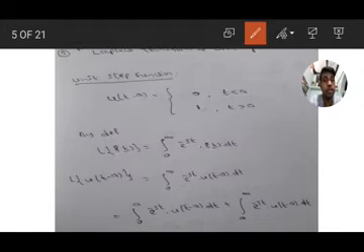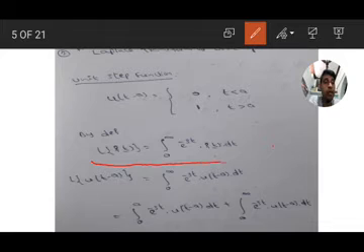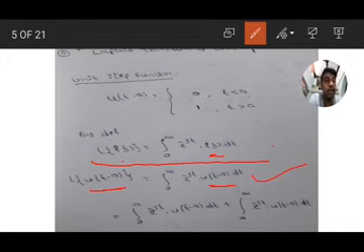Okay. For this function, we need to find the Laplace transform. So it is also a piecewise continuous function. So by using the definition, L of f of t equal to integration 0 to infinity e to the power of minus s into t f of t dt. Here instead of f of t, we have the function u of t minus a. So we get L of u of t minus a equal to integration 0 to infinity e to the power of minus s into t u of t minus a into dt.